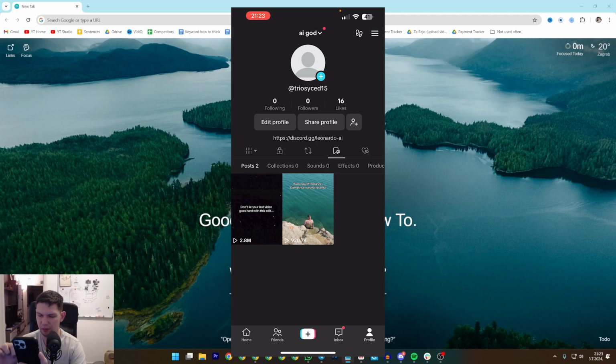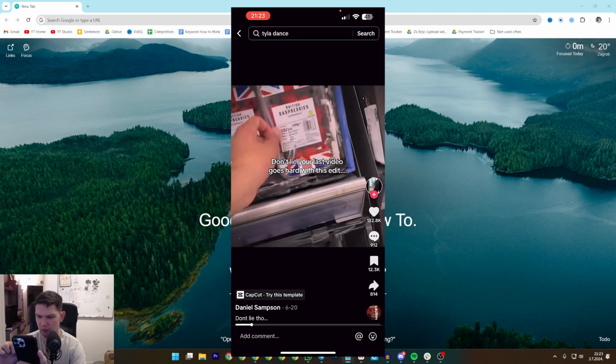I just come here and tap on the yellow thing here, and as you can see now it's gone, and